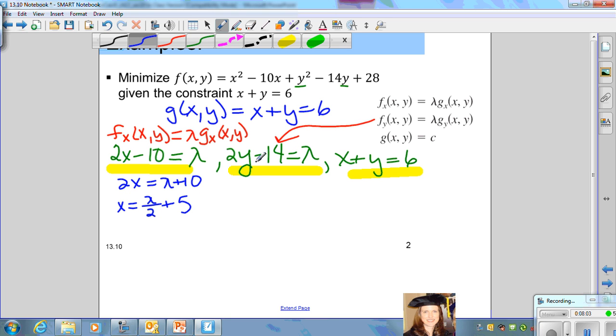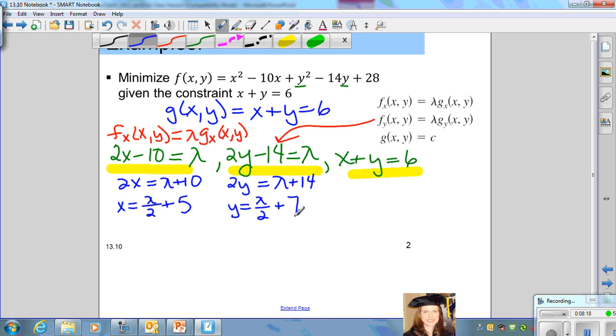When you solve the second equation for y, you can add 14 to both sides to get 2y equals lambda plus 14. And then when you divide by 2, you get lambda divided by 2 plus 14 divided by 2,